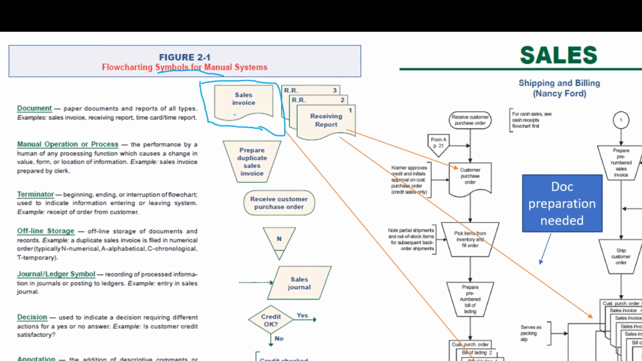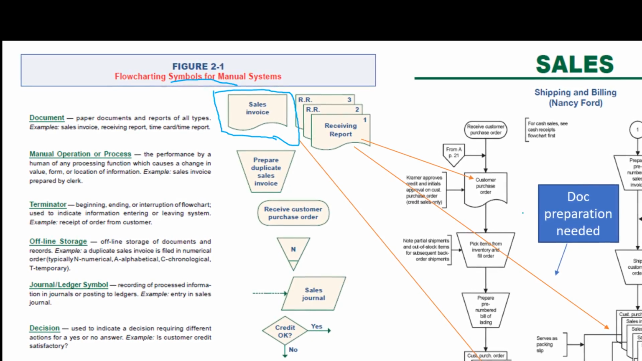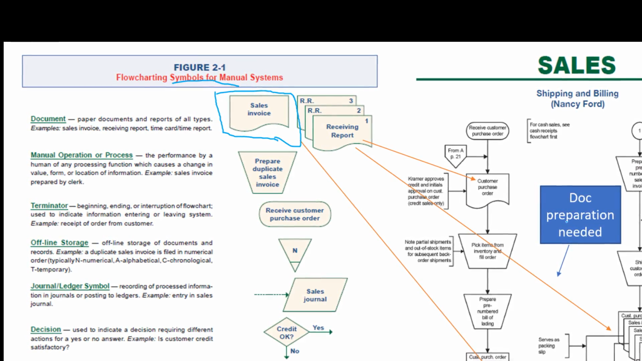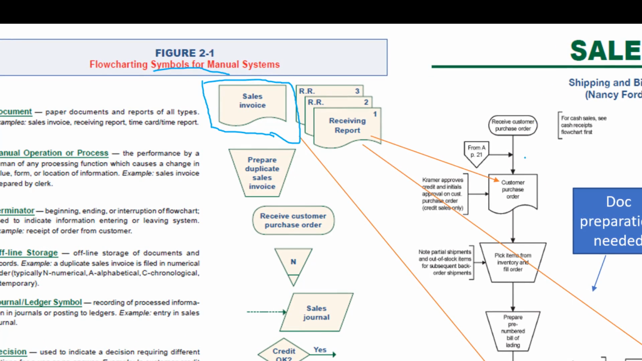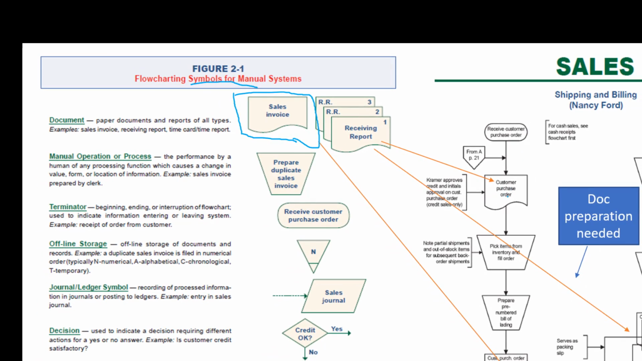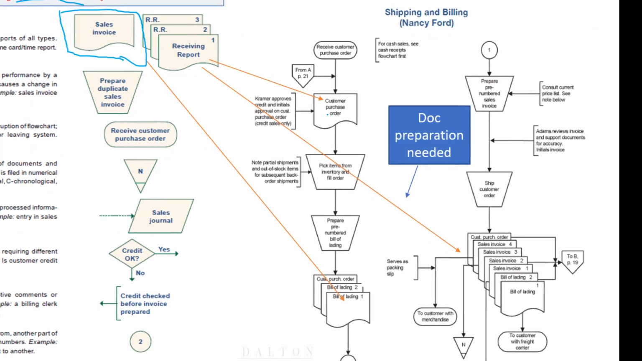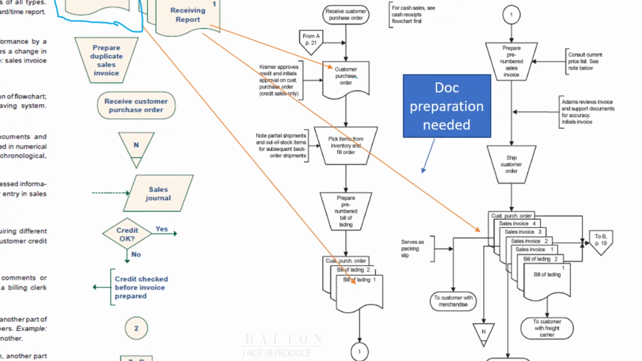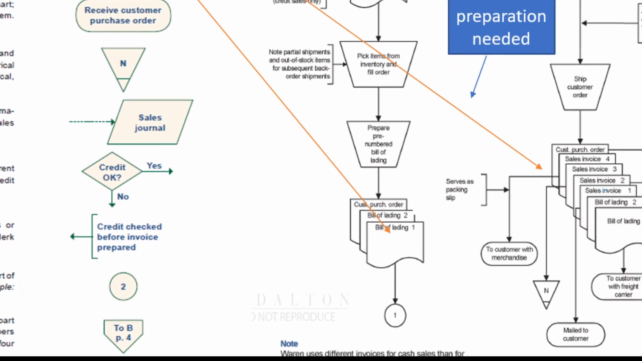So if you see a shape like this, it's like a rectangle, but not quite a rectangle. That means that you need to prepare a document. For example, in this cycle, we have to prepare the purchase order. And in this case, we have a purchase order coming from the customer. So you have to have the document ready in order for you to proceed in the process. And over here,